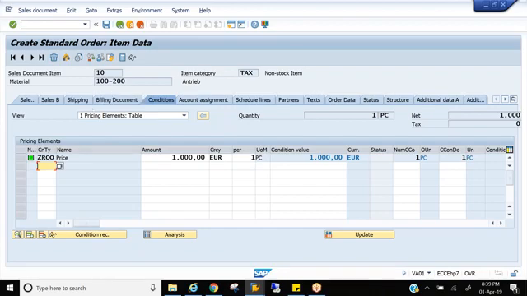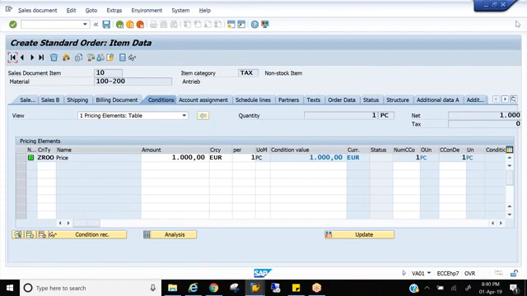The same process. That means once you know these particular 6 steps of condition technique, everything is a cakewalk, because this is the same thing we do. Only the condition types will be changing and values will be changing. The process is the same, right? So it is not even that tough or that hard, but you might be facing some errors, some typo errors. So just practice it. It will be very easy.